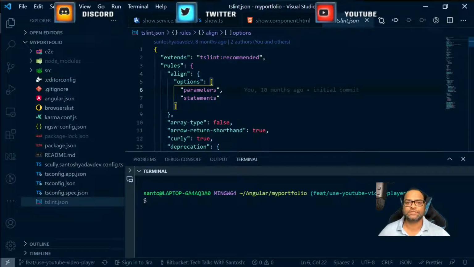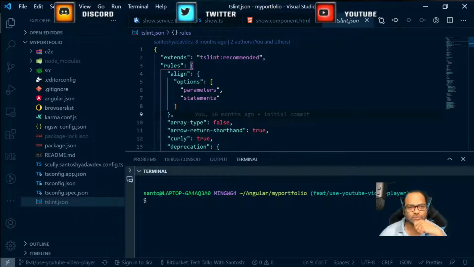Linters are specifically used in case you have some guidelines or best practices which you want to follow in your application. A linter will tell you in case, let's say, you used somewhere single quotes, double quotes, right? I mean, as a developer we do that. So what you can do is you can actually specify whether you want to use single quotes or double quotes in your linting rules itself. And there are a few more.